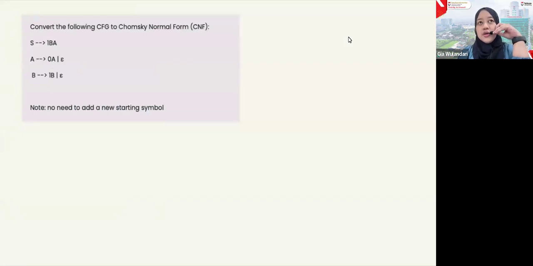Last week we learned about Chomsky normal form. Basically, this is a form of CFG that has some restrictions. In CNF, we are only allowed to have, for example, A to BC.